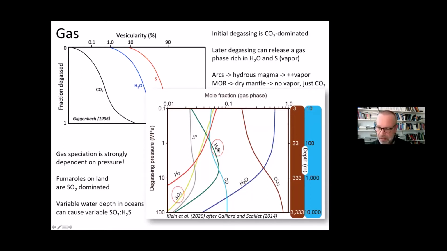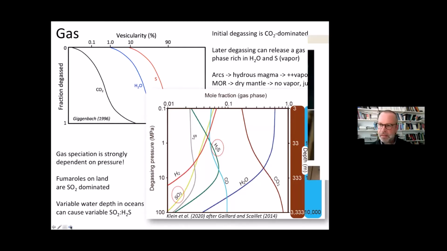See, just 1,000 meter water depth to have the sulfur speciation in the magmatic gas be completely different. So we can expect highly variable sulfur dioxide to H2S ratios in the magmatic gas that comes into these